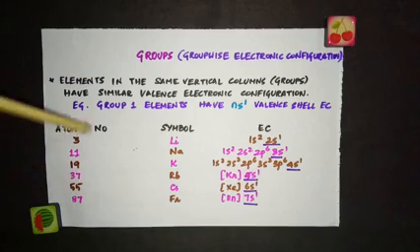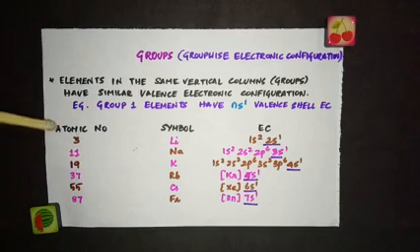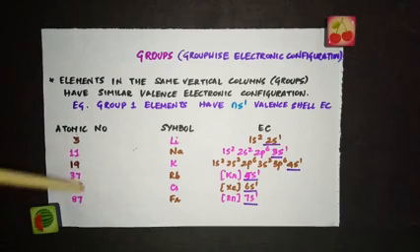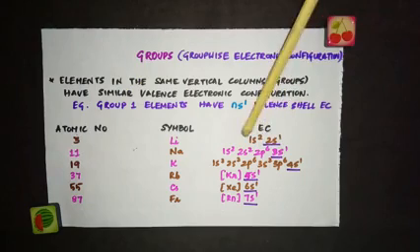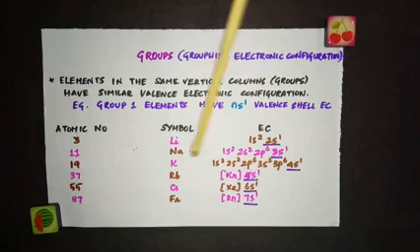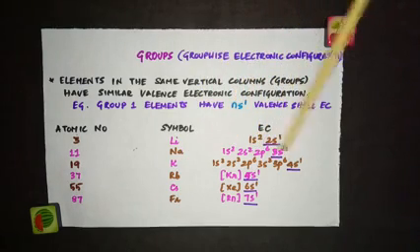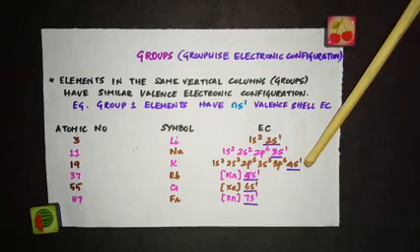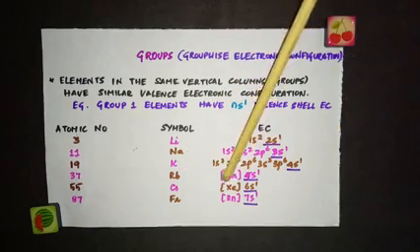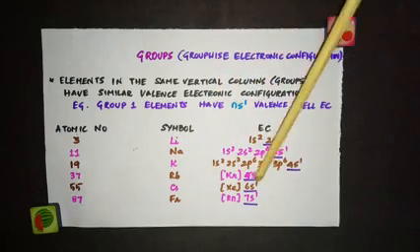Here I have written the example of group 1 elements and their electronic configuration. Now see, atomic numbers 3, 11, 19, 37, 55, 87 all belong to the first group: lithium, sodium, potassium, rubidium, cesium and francium. Here the electronic configurations of these atoms are written. See, 1s2, 2s1 for lithium. For sodium, 1s2, 2s2, 2p6, 3s1. For potassium, 1s2, 2s2, 2p6, 3s2, 3p6, 4s1. And for rubidium, for 36 you can write the configuration of krypton, and the 1 electron enters 5s1.